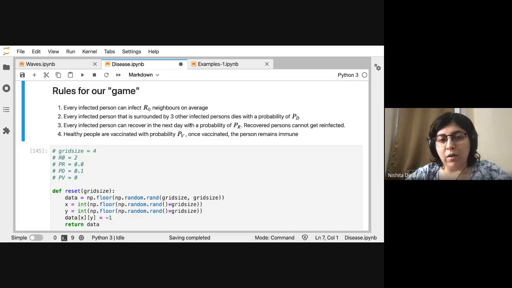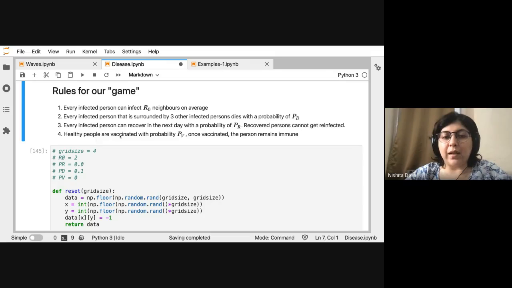So I still have the 3 neighbor criteria, but not everybody who has 3 infected neighbors dies, but dies with the probability of PD. Every infected person can recover in the next day with the probability of PR, and recovered persons cannot get reinfected.